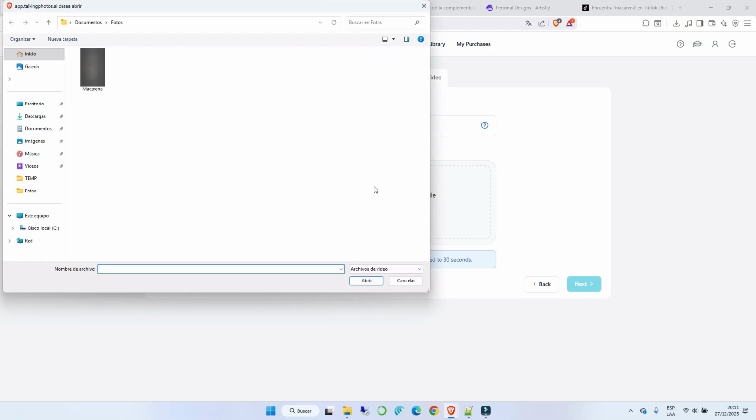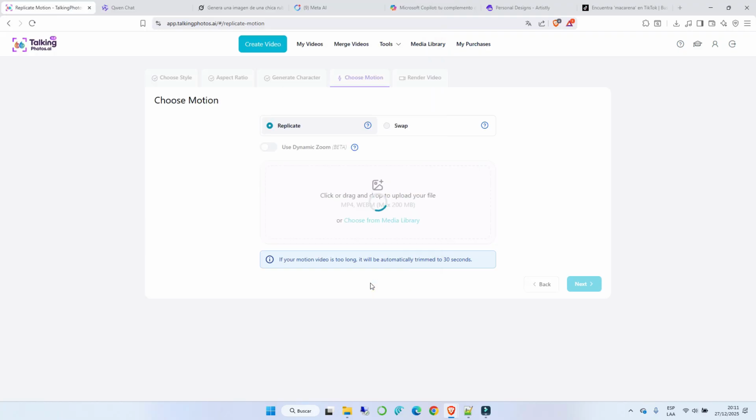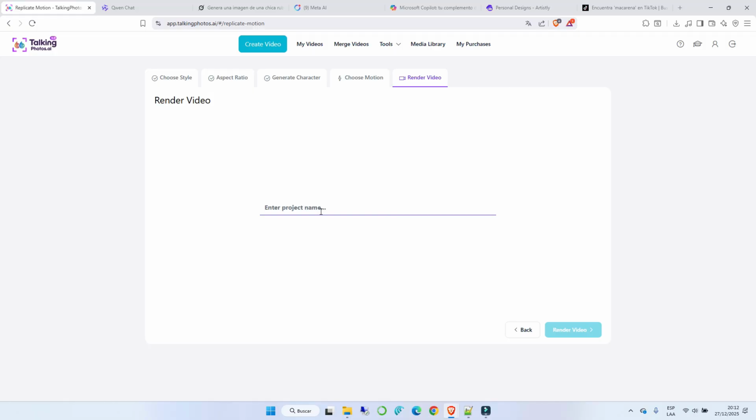In this case, we will select the Macarena video stored from TikTok. We must take into account that the restriction for the length of the video is 30 seconds and 200 megabytes. Finally, we set a name and click Next.